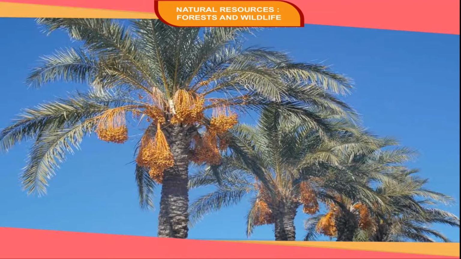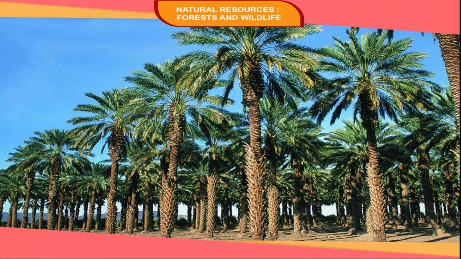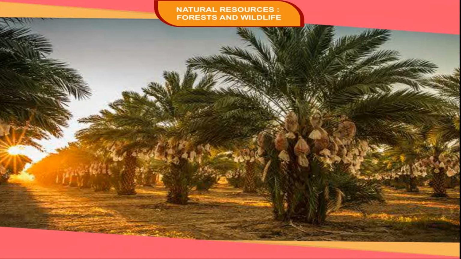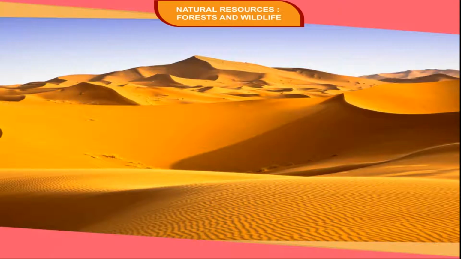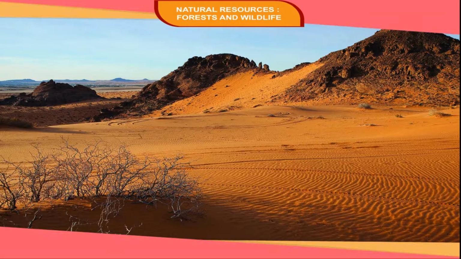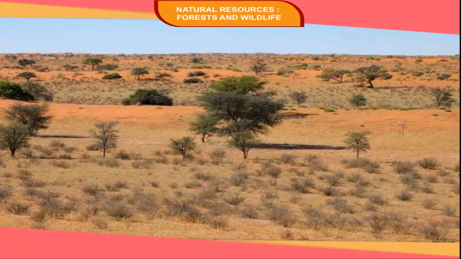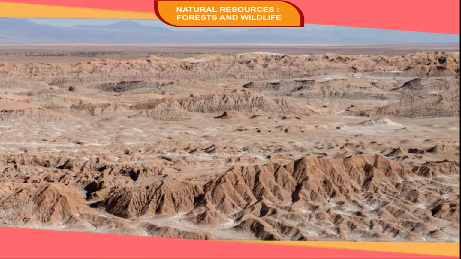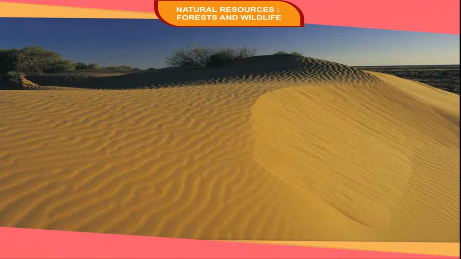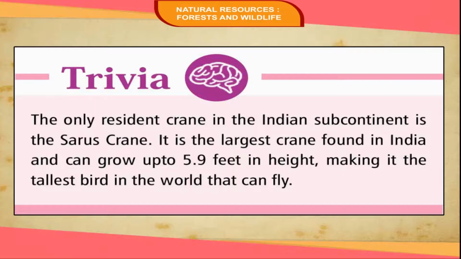This type of vegetation is common in the deserts found on the western margins of the continents in the tropical regions. The famous deserts of the world include the Sahara desert, the Arabian desert, the Kalahari desert, the Atacama desert and the Australian desert. No other kind of vegetation grows here.